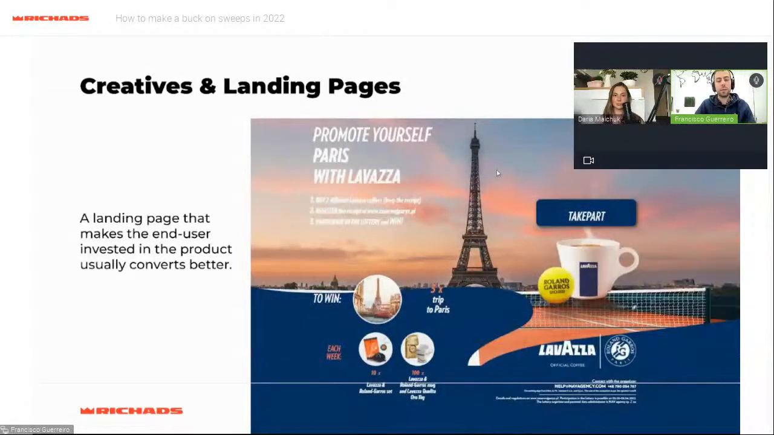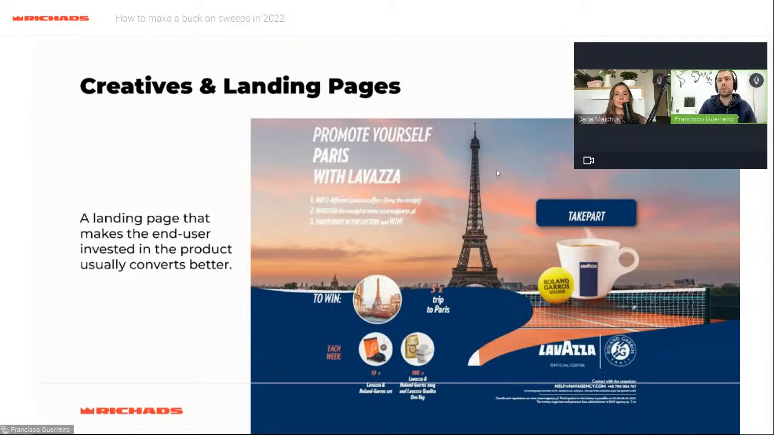So yeah, a landing page that makes the user invested in the product always converts better. You need to make sure that the person doesn't just close the landing page after he opens it. And when you are running campaigns, it's really crucial that you have a good tracking software that allows you to